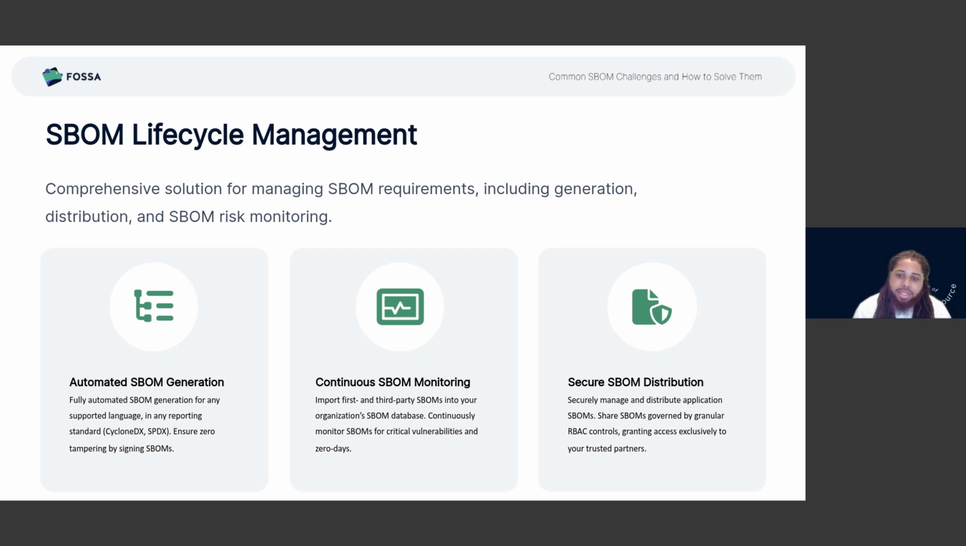And so the way FOSSA thinks about approaching those challenges is by having automated generation of both your SBOM and also the VEX statement itself. Being able to import these SBOMs with unique identifiers or CPEs and associate vulnerabilities to them, and then also having some secure means by which to distribute these materials, whether that be public distribution or private distribution. And so looking at these challenges one at a time here,